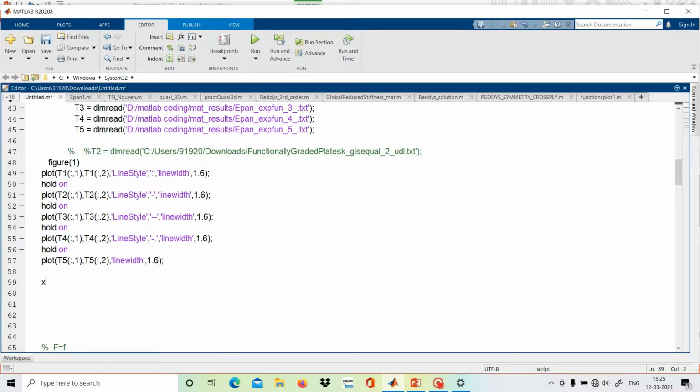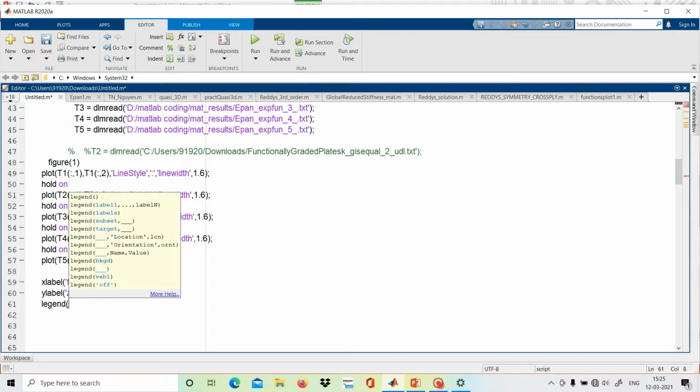You can write xlabel, axis function, and ylabel is z, and then we can write legend.